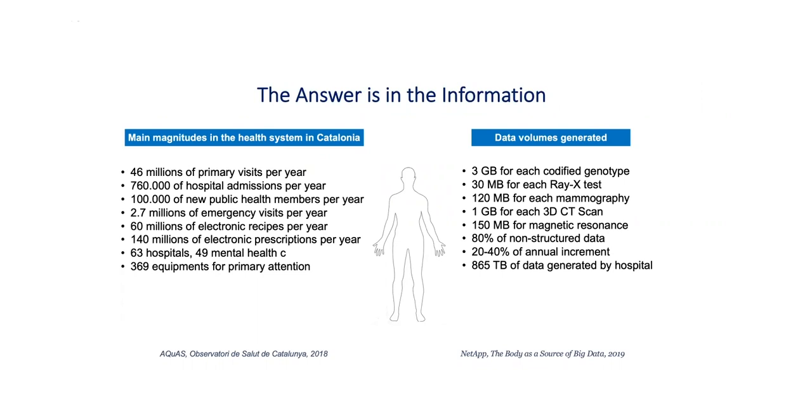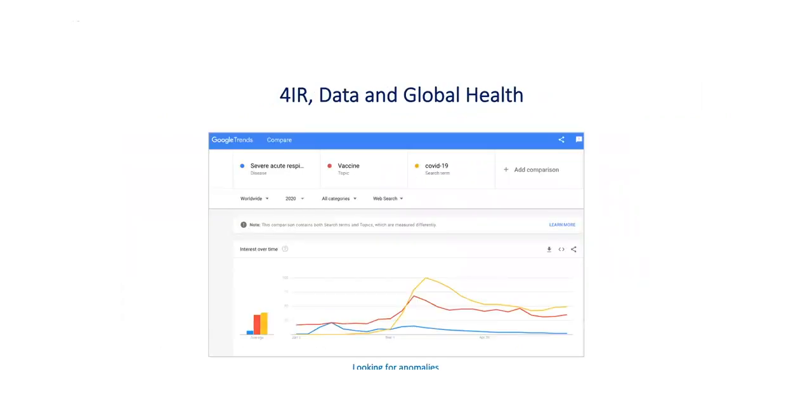But 80% of the data that we are generating in a hospital is non-structured. Well, this is more or less the data volume that we're generating classically. With this data, if you can fly your imagination, could you imagine how much data we are managing today in a country if we are able to aggregate all that information coming from hospitals? We are at the same point that we started today: how to bring value for all those interconnected systems